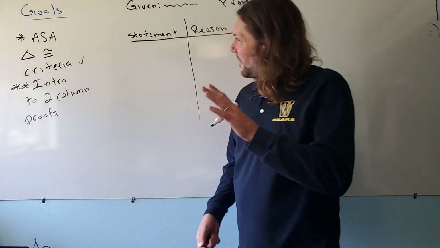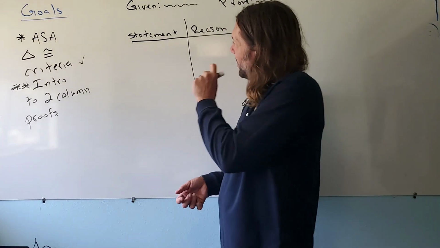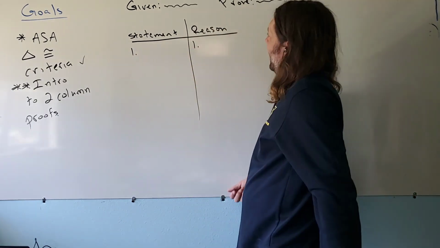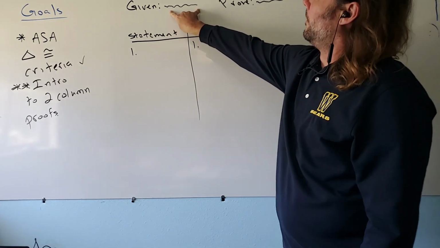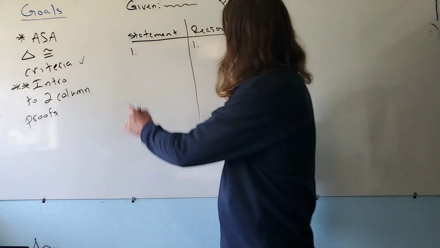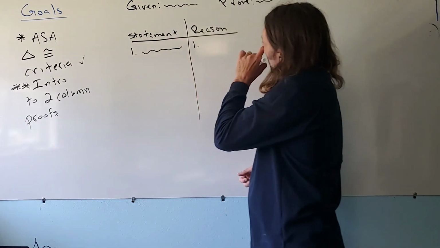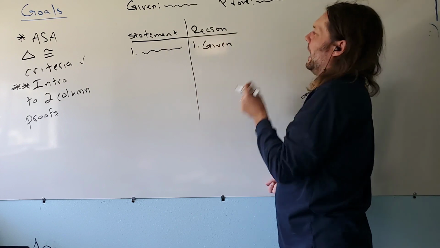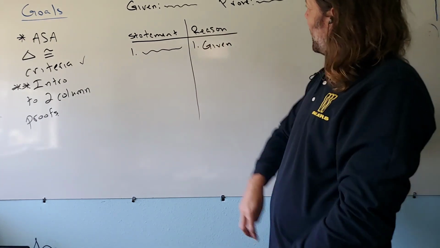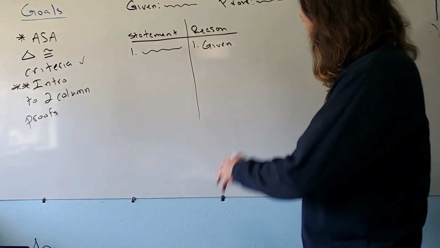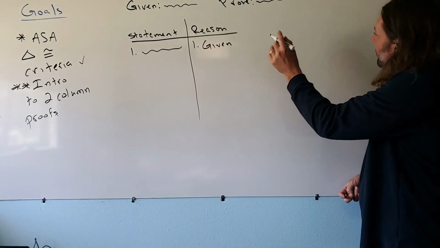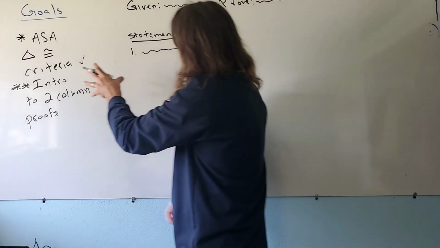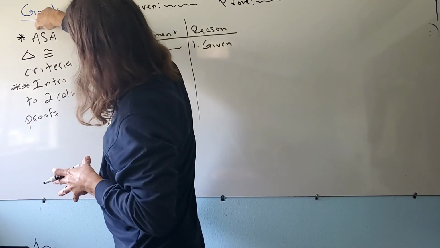And let me make something very clear. The very first step of any two-column proof is you're going to tell me what was given to you. That's always going to be your first statement. And the reason that you can say that first statement is it's your starting point. It was given to you, right? And somehow, some way, this and your picture, there'll be a picture with this as well, there's clues so that you're going to be able to accomplish an angle-side-angle